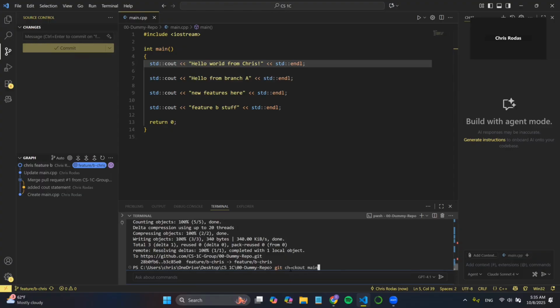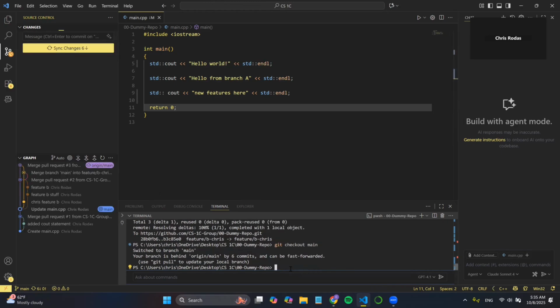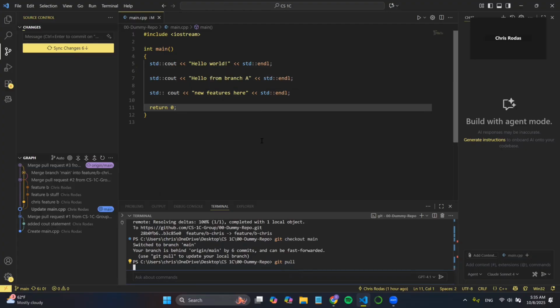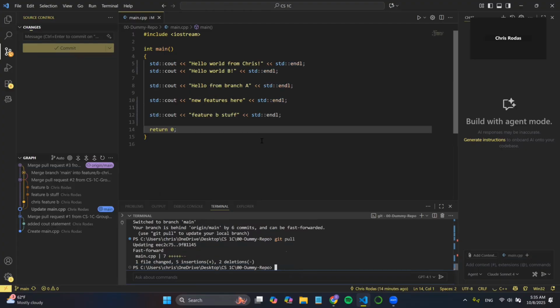Actually, let me make sure we're meeting first and make sure we get the most up to date. And yeah, so what you're going to want to do is make a quick branch. It doesn't have to be anything, it could literally just be